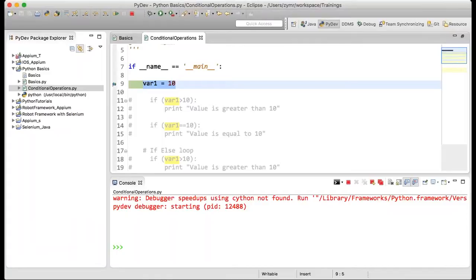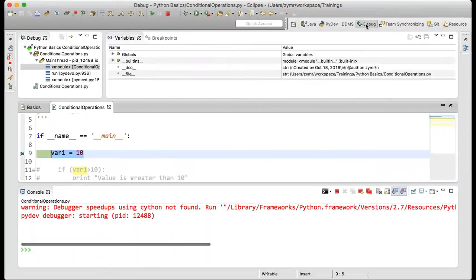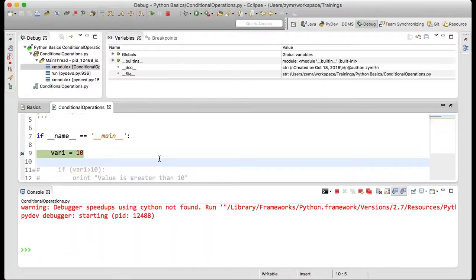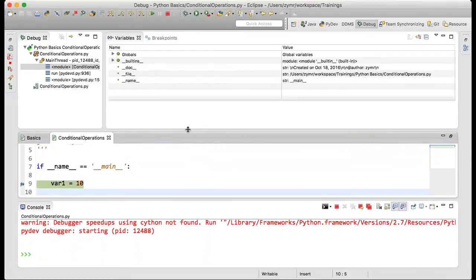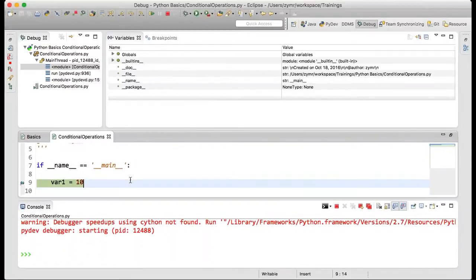Okay, so while debugging, you want to see what all values are flowing between the variables that are used in your program. So you have to switch to the debug mode. Now I can see that, just a minute, let me expand this window for you. As of now there is no variable var1 I can see, because I have put the breakpoint here and I haven't still executed this line.